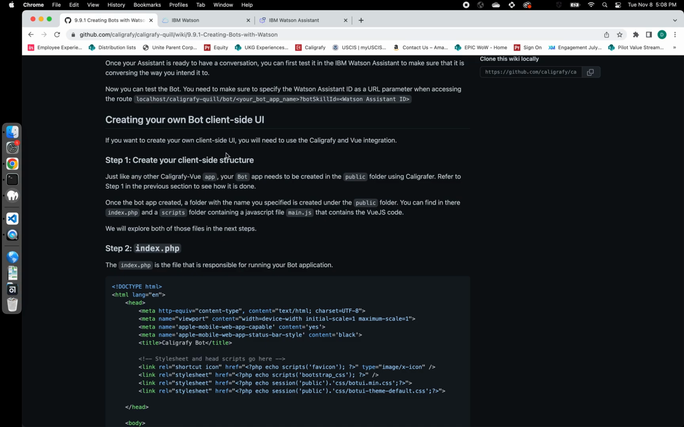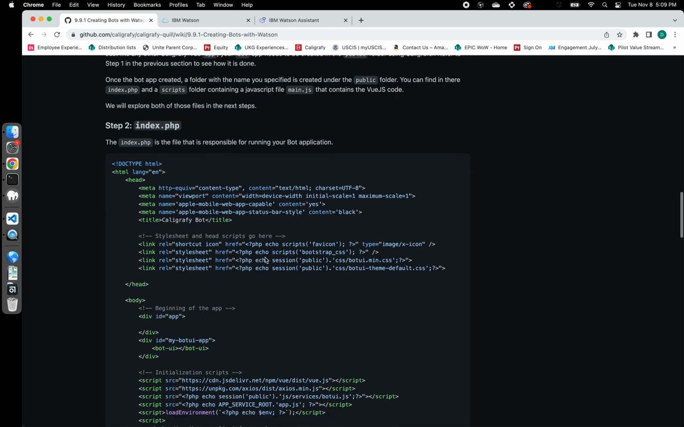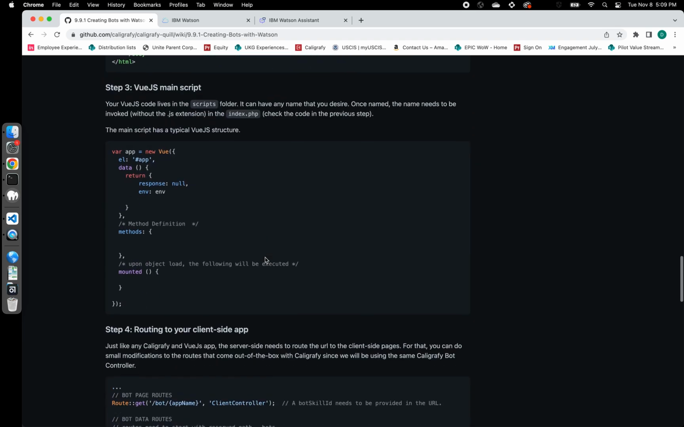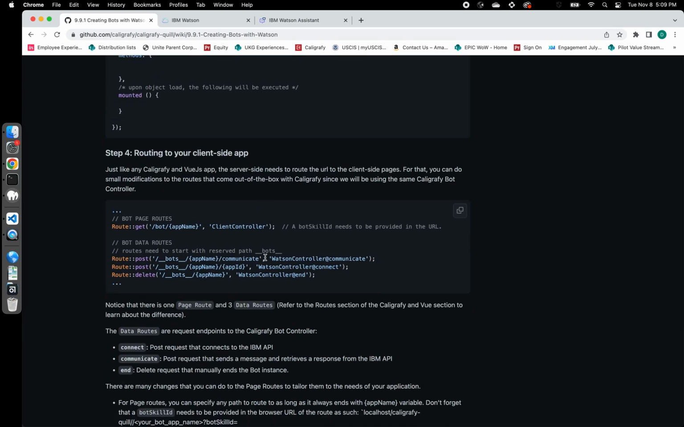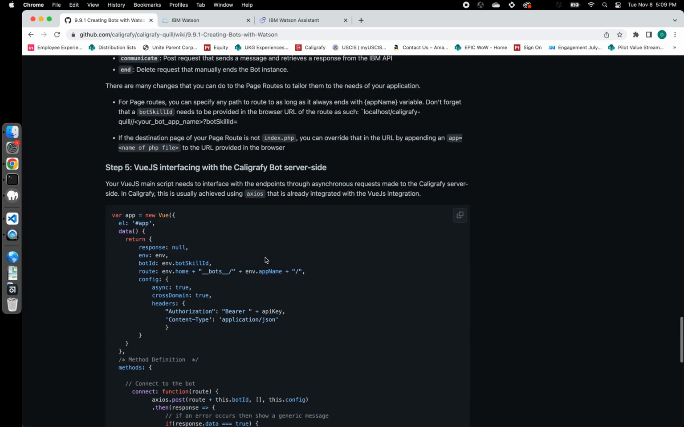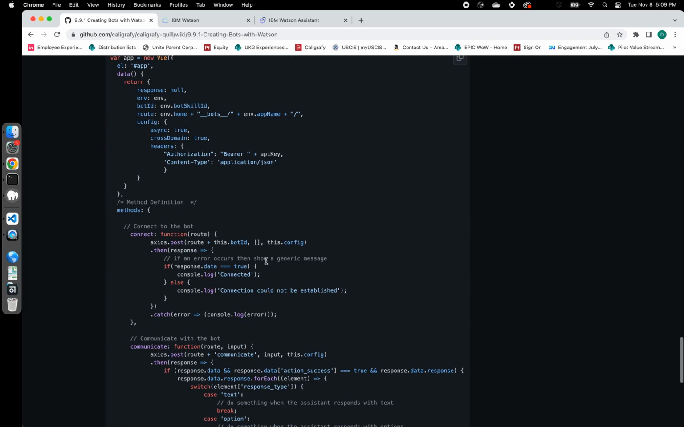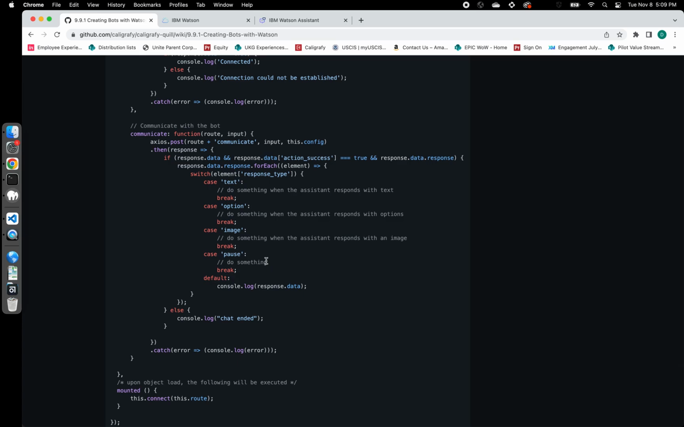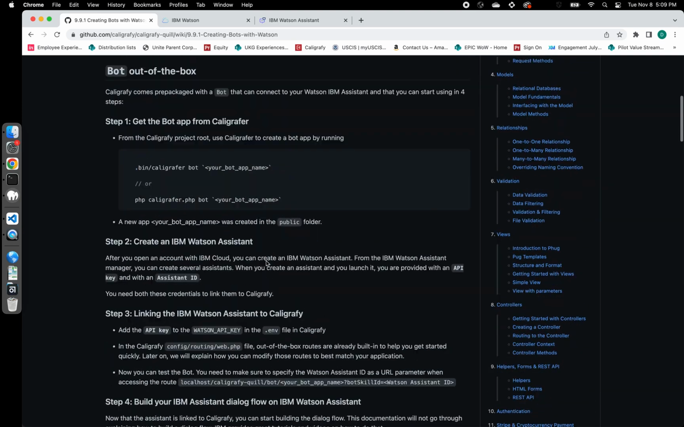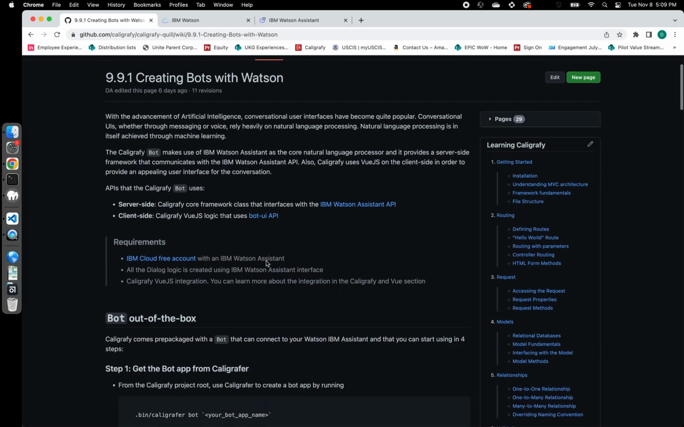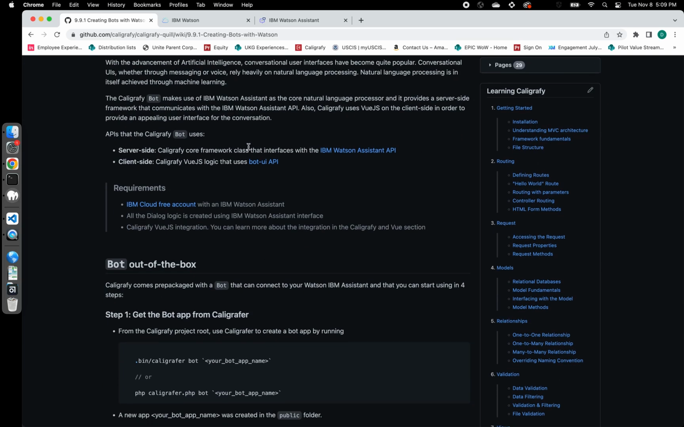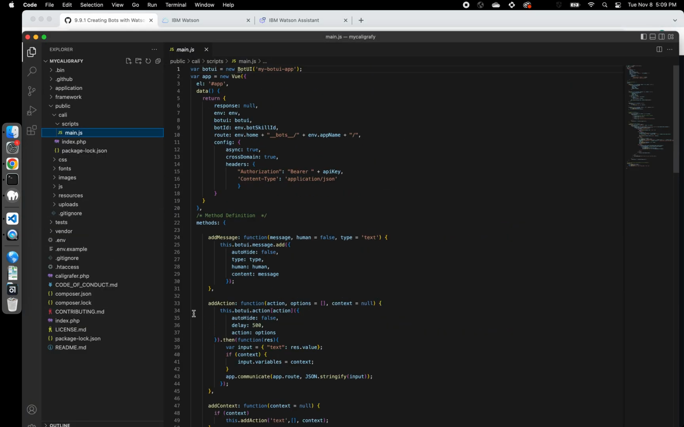Under creating your own bot client side UI, it gives you all the fundamentals that you need in order for you to create your own bot, if you don't want to necessarily use the one that comes out of the box with Calligraphy. So I strongly encourage you to create your own, just out of practice. But if you just want to be able to use a bot very quickly, then you can definitely rely on this code as is, because you will see it provides you already with a UI that connects immediately with